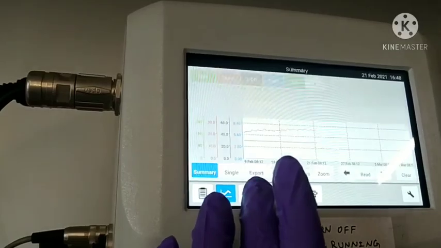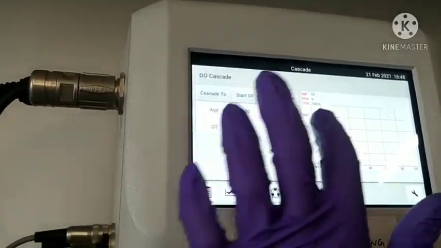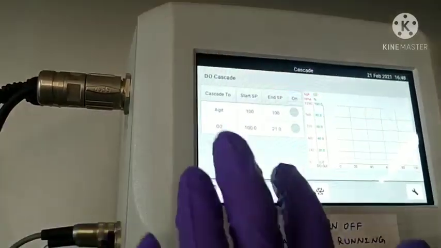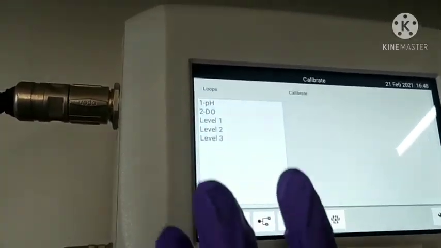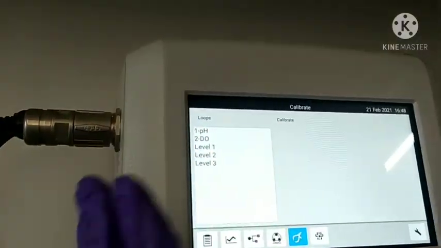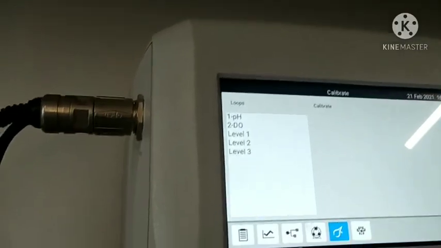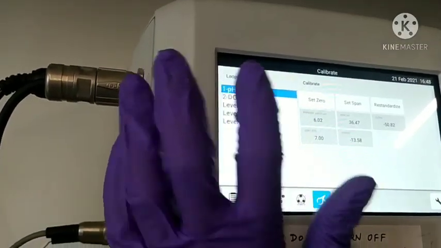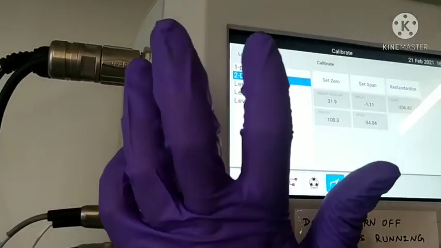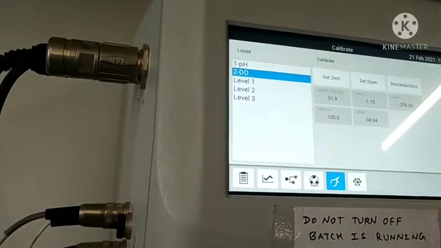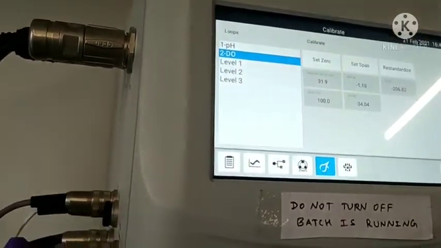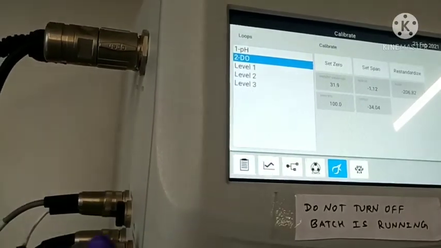After that you can see there is a DO cascade to define the role of O2 and agitation. After that there is another section for calibration. Before the experiment, you have to calibrate the pH before the batch starts. You have to calibrate the DO before the start also, and you have to polarize and optimize the DO after the autoclaving too.